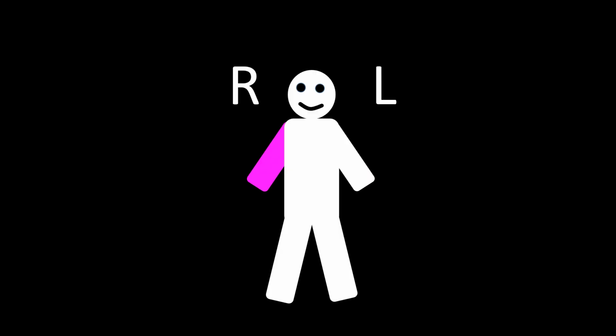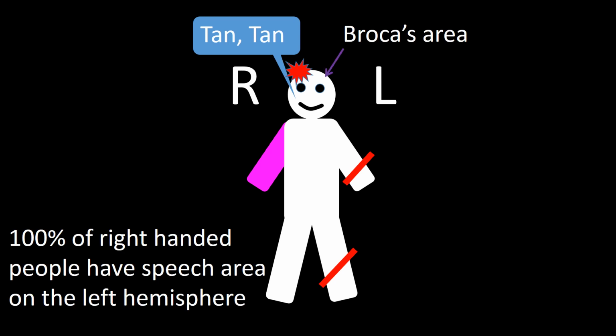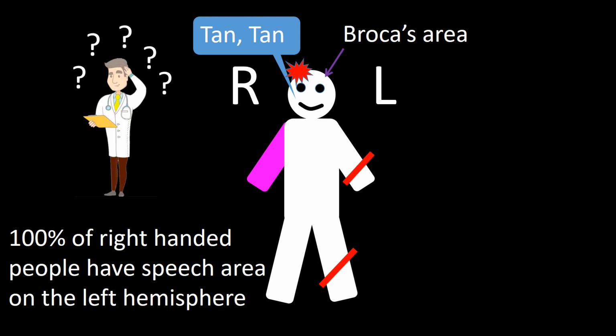Because if you are seeing a right-handed patient and the patient has left-sided weakness, you will assume the lesion is in the right cerebral hemisphere. But if in addition the patient has Broca's aphasia, knowing that 100% of the right-handed people have the speech area in the left hemisphere, casts doubt to the right